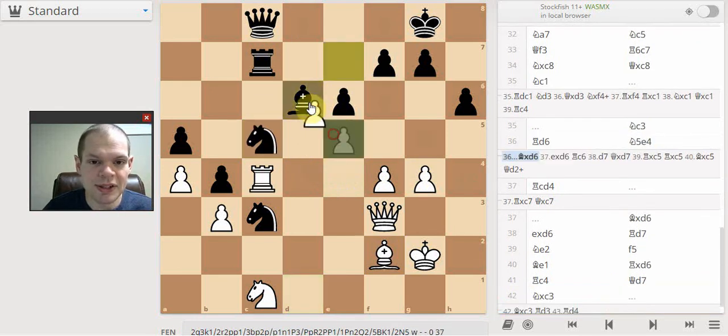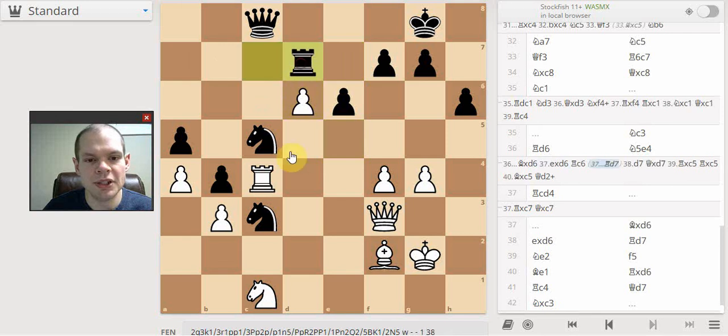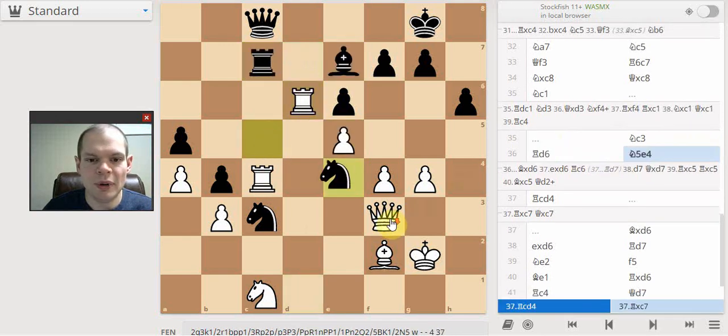And after bishop takes d6, e takes d6, if I go rook to d7 immediately, I drop the knight on c5. I went knight 5 to e4 instead, which I didn't spot until after he played rook d6, because the rook is not on d1 anymore, which means it's not defending the knight on c1,